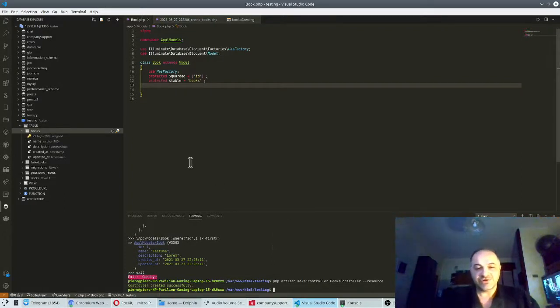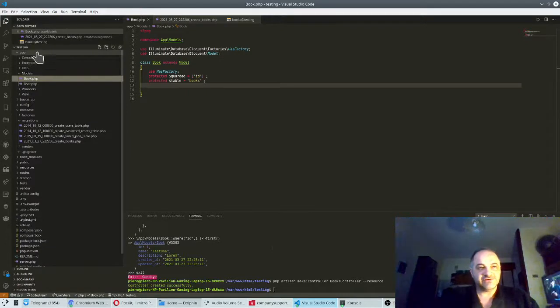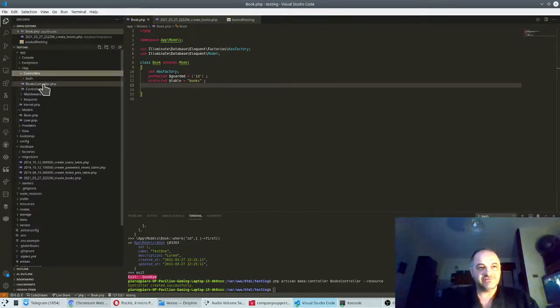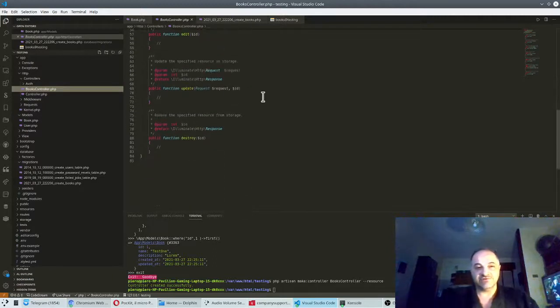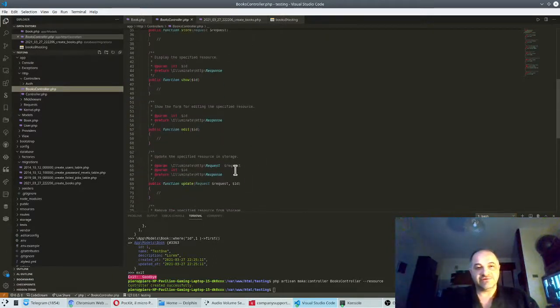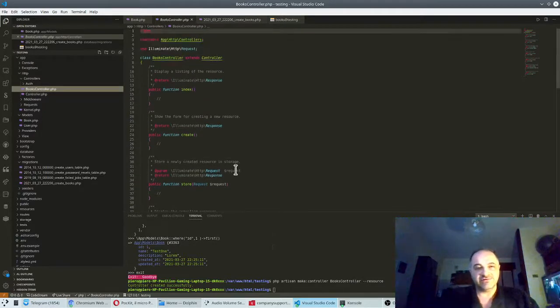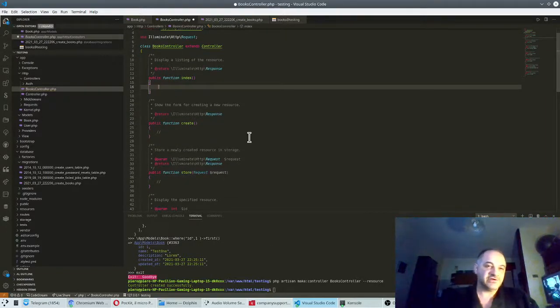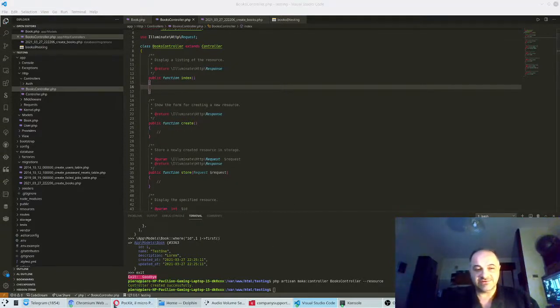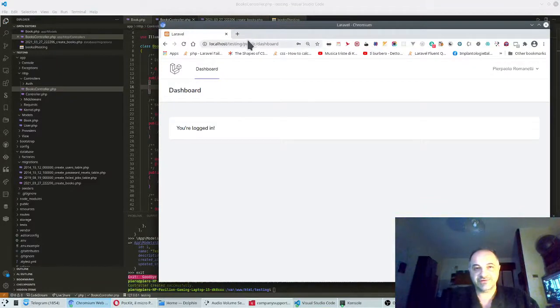So if now we go here in our project, we have the HTTP controller, and we have the book controller with all the rest. It's wonderful, everything is working, because we have the classic REST model, and we have everything we need. We are going to work in the REST method to get all the books. So what we need now, just to see how it works, we need to write in our localhost this URL, this URI, and it will not work because we didn't put